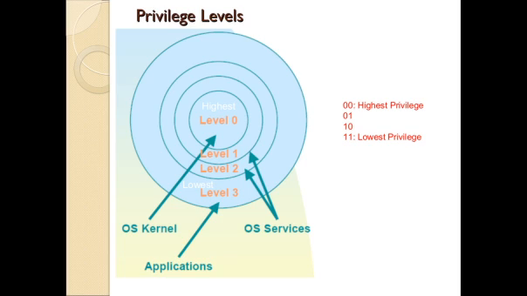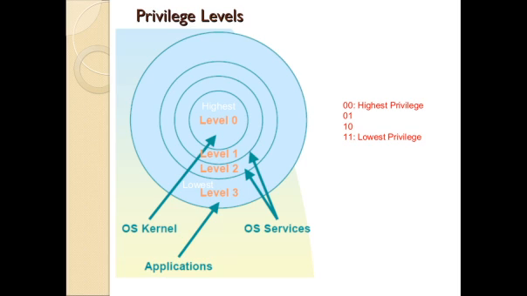There are 4 privilege levels which define the priority, at what level a process is executing, and what the access permissions are. This is the access permission level. Numerically 0 is the lowest, but level 0 is the highest privilege, where the operating system kernel executes. So the operating system kernel has all the permissions. It can update any memory location, execute any instruction or any code, or it can block any code.